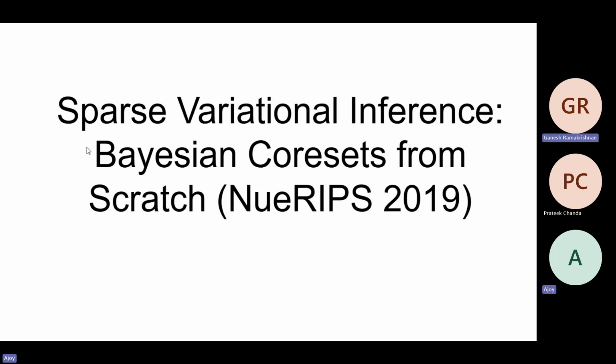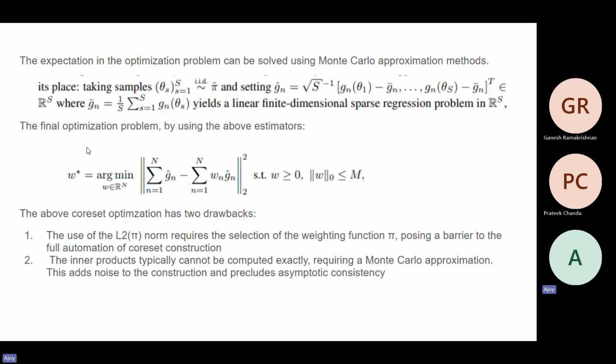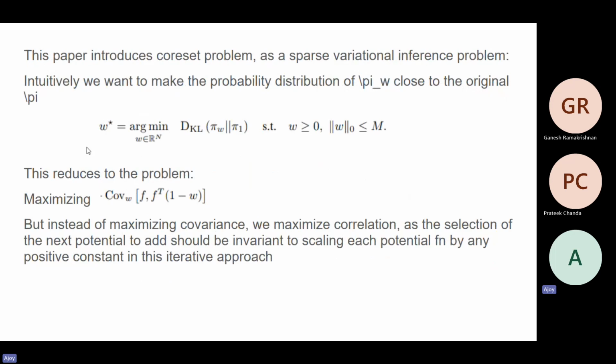So this is another paper in which we will be presenting sparse variational inference. Most of the coreset problem and the optimization problem will be borrowed from the before paper, except that now